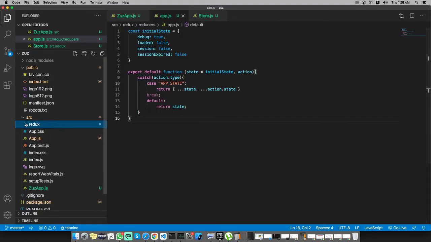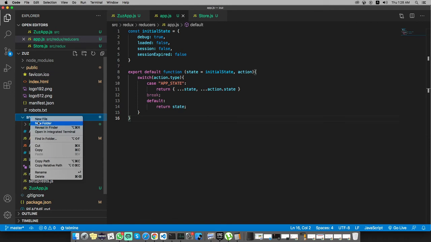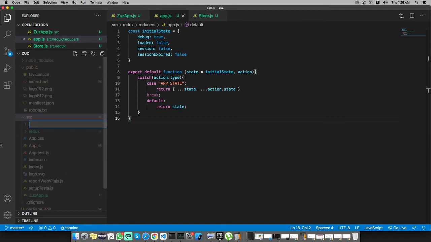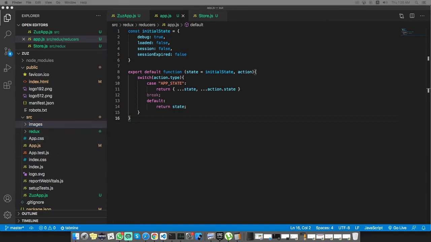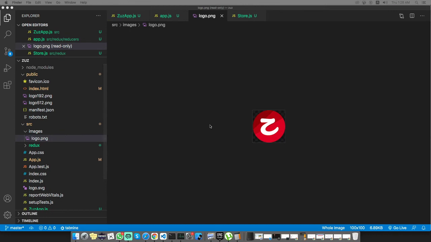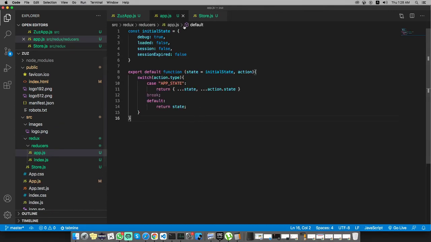Now I need to go inside source and create a new folder, and for that new folder let's call it images, and the images will keep our default images. And first of all I need to copy the Zuz logo, and the logo should be copied here, logo.png,